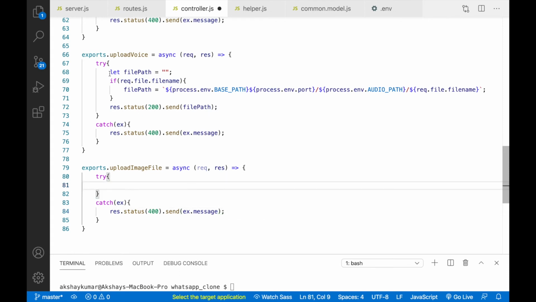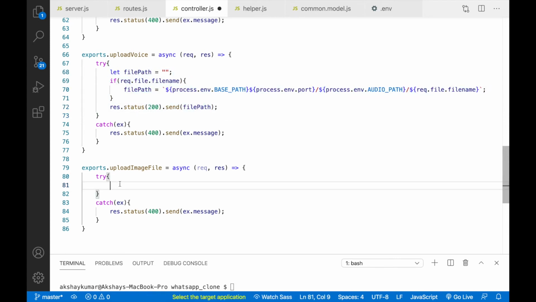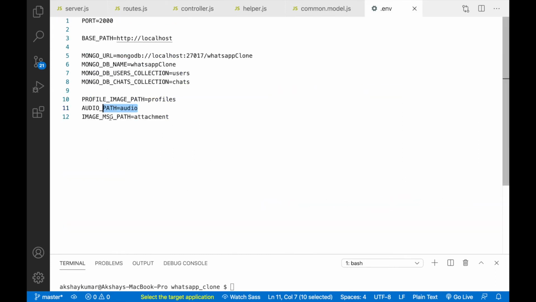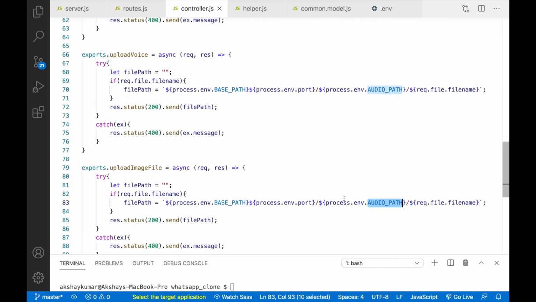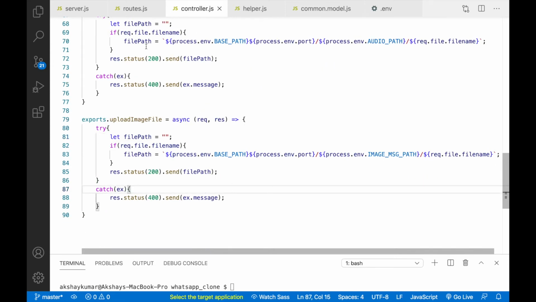It will be similar to this method. I will just copy paste everything from here and paste it here. So we have to change this audio path to this image message path, like this. Then this is also correct. So this method is also done.